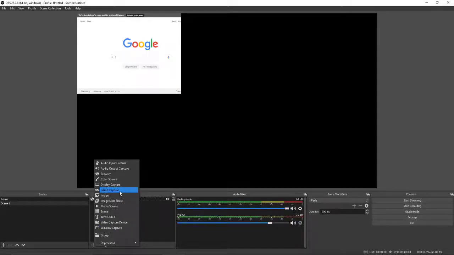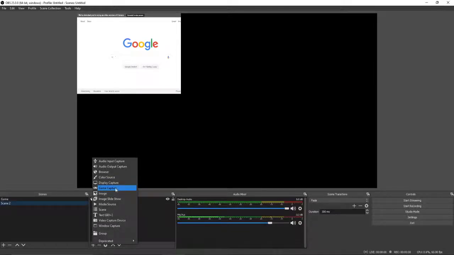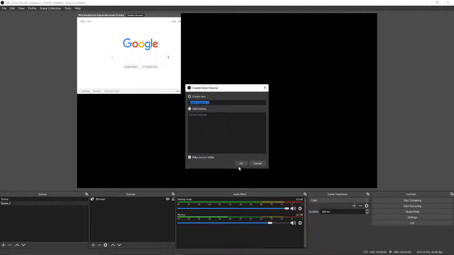So first, game capture is the most direct way that you can do it. If you have a game running, if you have a Mario game, Skyrim, some other type of PC game that you're running, like Diablo or whatever, all you've got to do is push the plus button, push game capture, push OK,